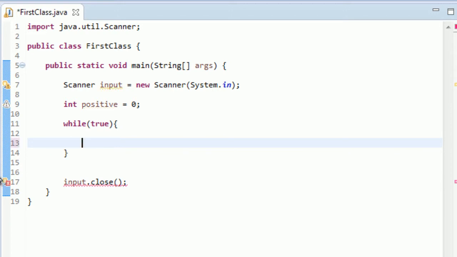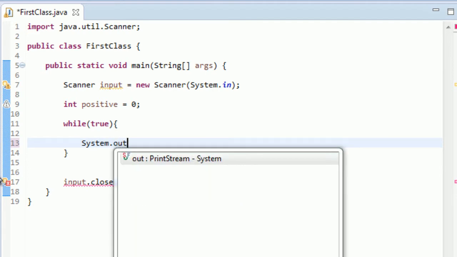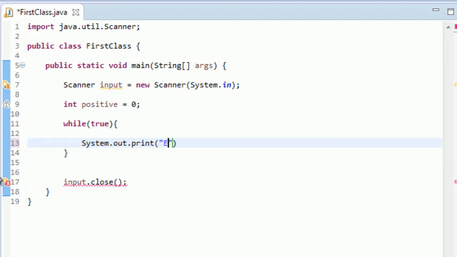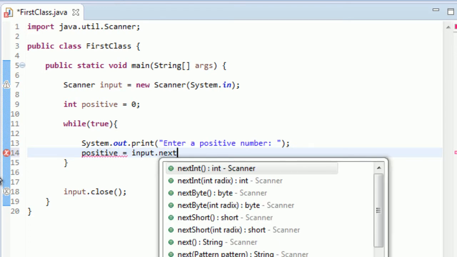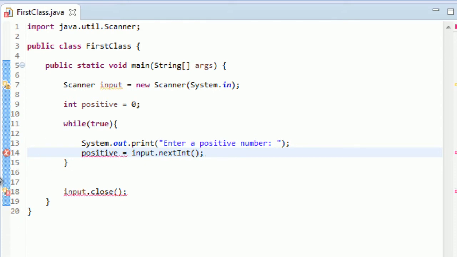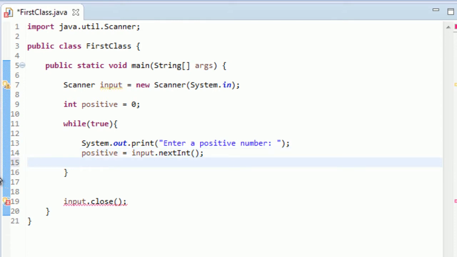We're going to prompt the user again, System.out.print, we're going to say enter a positive number. And they are going to enter said positive number, hopefully. Set that to input.nextInt. And now what we're going to do is we have to test this input to see if it's going to be positive. So if positive is greater than 0,